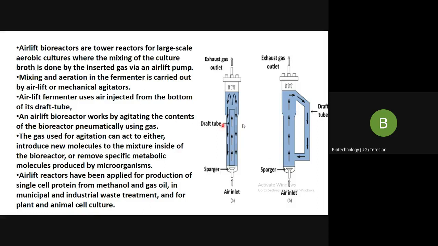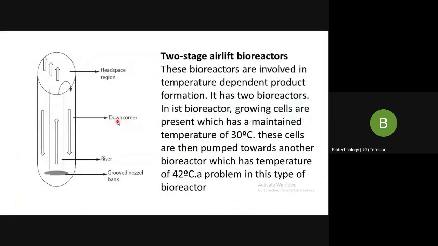Okay, so remember this is the internal lift fermenter and this is the external lift fermenter, and you have what is known as the downcomer and you have the riser, and here you have the gas purger. The gas enters. So the two points which you have to remember are the downcomer and the riser. And then what you have to remember is that gas enters into it and it is all filled with the liquid. That means your substrate, your products, your microbes, everything is there.